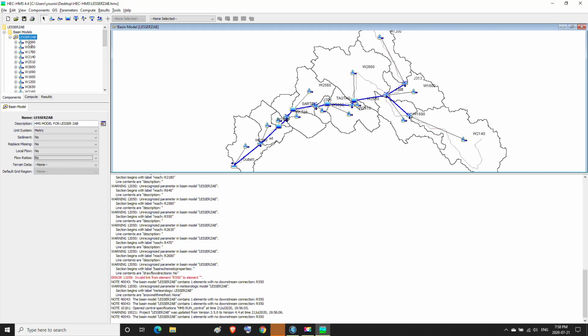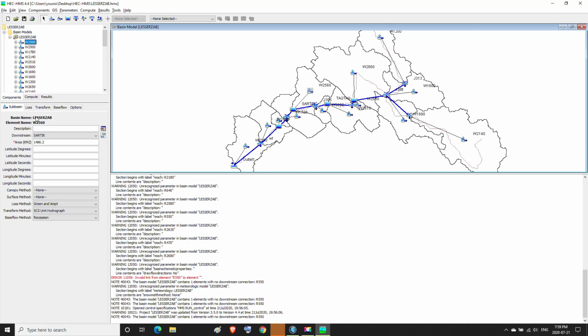Then in the project titled LaserZap, we have the watersheds, dams, junctions, and reaches. First, we go to the watersheds and we click on the first watershed.